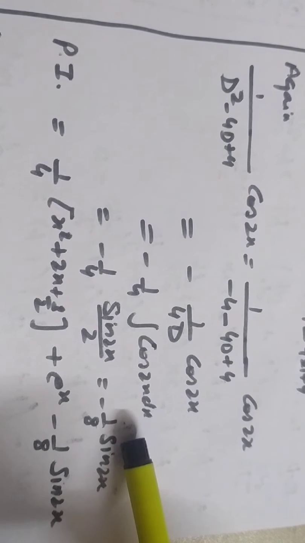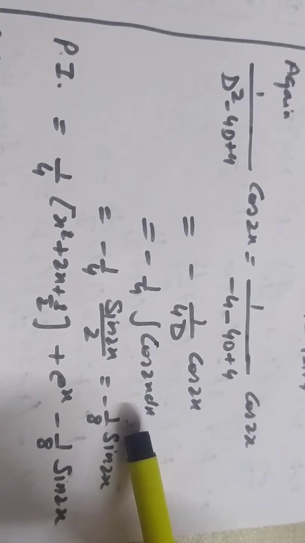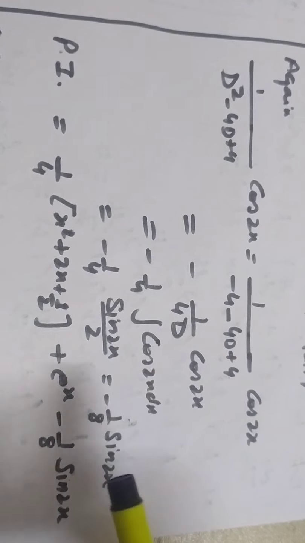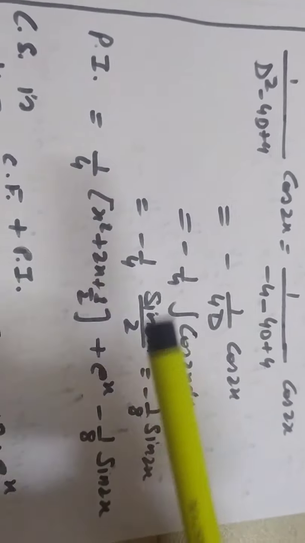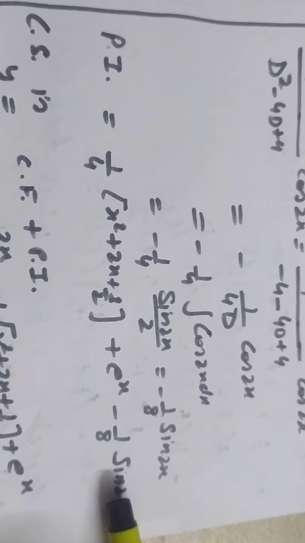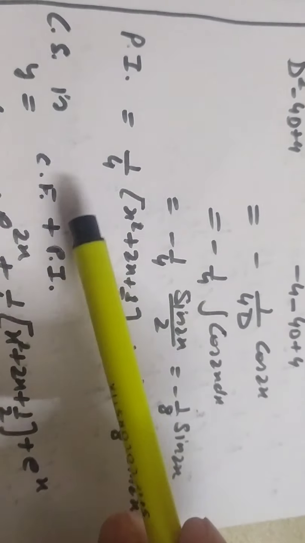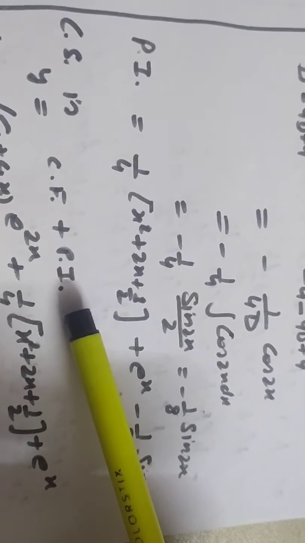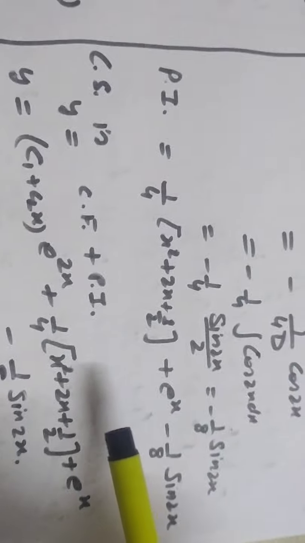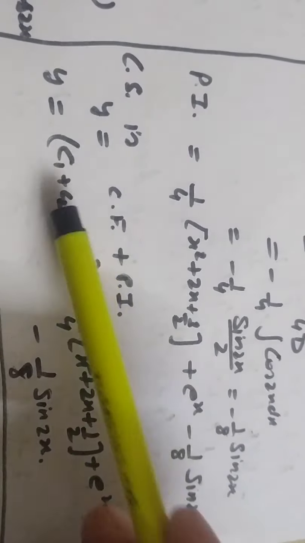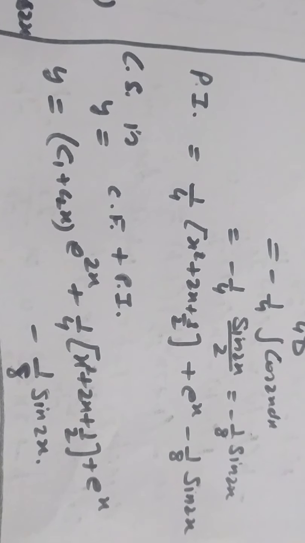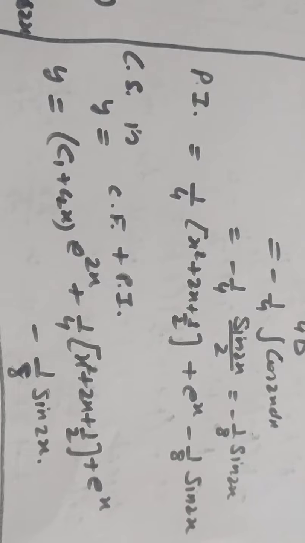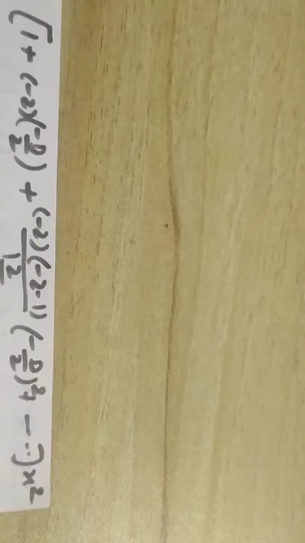So these are the three particular integrals for the three expressions, and you join these together and you get the particular integral. Now the complete solution will be the complementary function plus the particular integral. This is simply the way to write it down, and you have written down the solution of the given differential equation in this form. So this was question number 14. Now